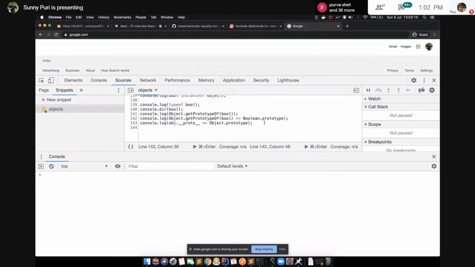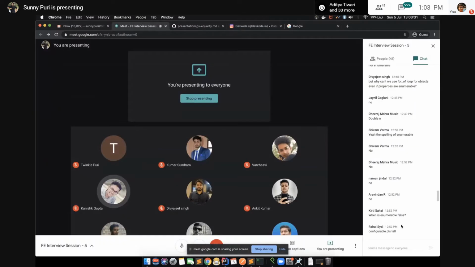One second. So guys, greet is not iterable, right? Greet is a function. Just copy this and check. Do we have enumerable true?